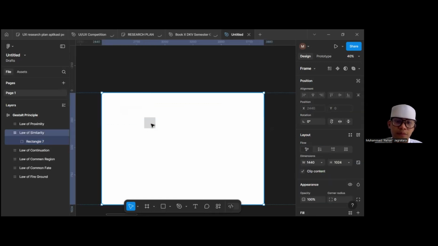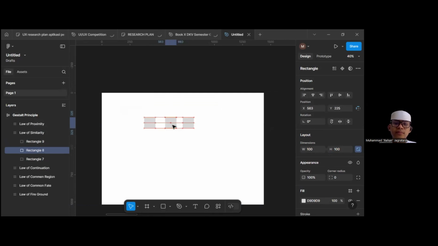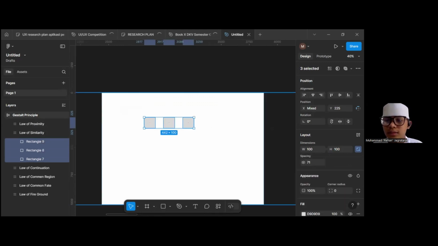We have three like this. We will think these three are the same element.